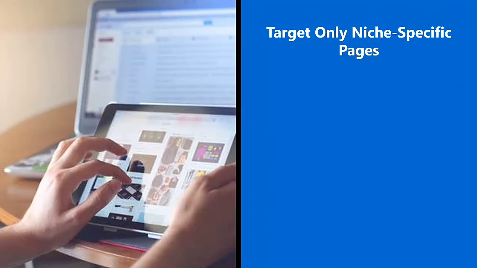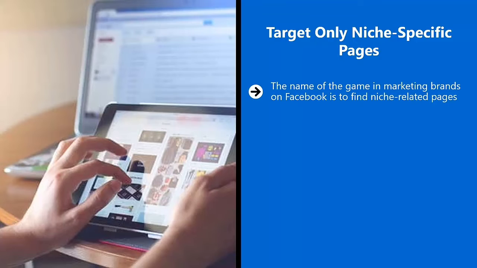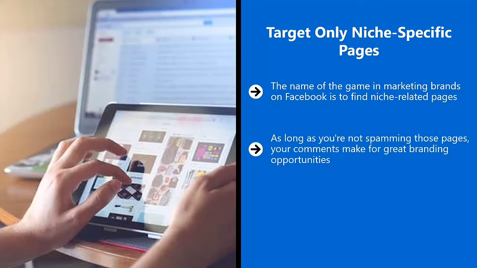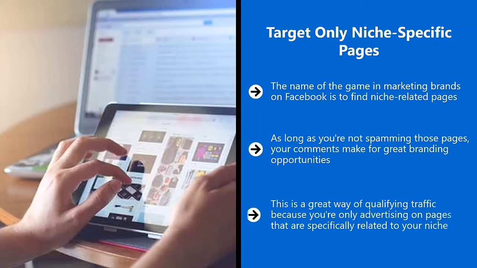Target only niche-specific pages. The name of the game in marketing brands on Facebook is to find niche-related pages. Since the people that go to those pages are already interested in the same niche you're in, the more active you are in those pages' comment section, the more visible your brand becomes. As long as you're not spamming those pages, your comments make for great branding opportunities. Your comments, which are linked to your Facebook page profile, can actually pull traffic from those pages. This is a great way of